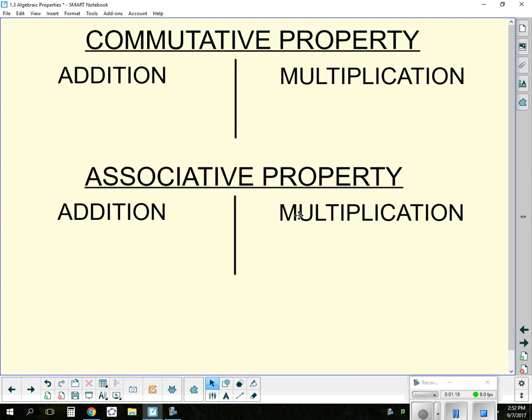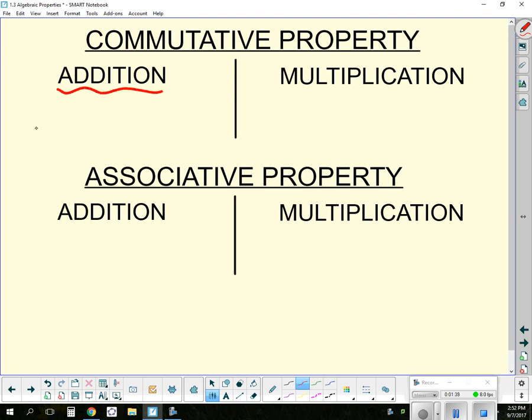Okay, here's our properties. Commutative property and associative property. You can see they both have addition and multiplication. These properties are things you already know. You just probably don't always remember the name for them. The commutative property of addition